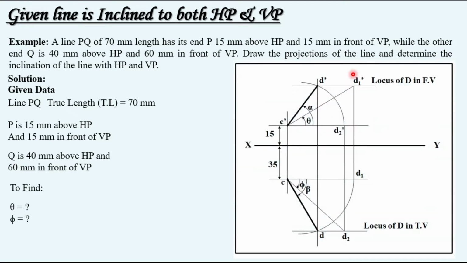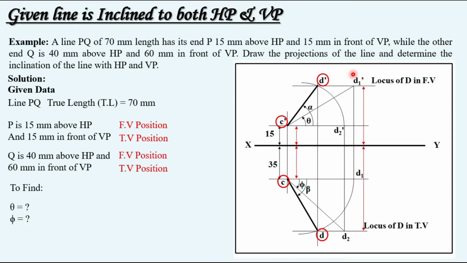Now let's put this given data on this solution in order to understand how you have to proceed in order to obtain the final answer. So we have front view and top view positions of endpoint P, so this is known to us, and front view and top view positions of Q are also given, so we have these two positions as well. But the problem is we don't know the distance between these 2 points and these 2 points. So this horizontal distance is not known,